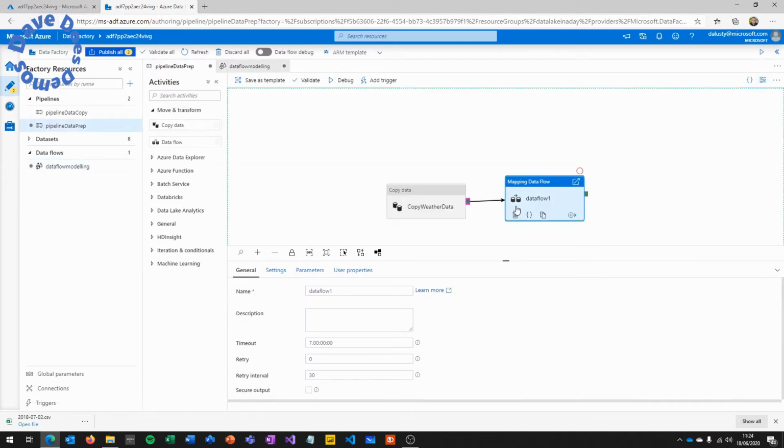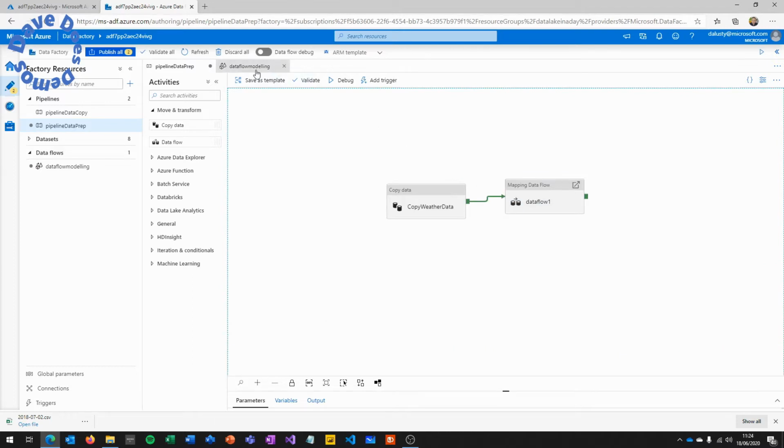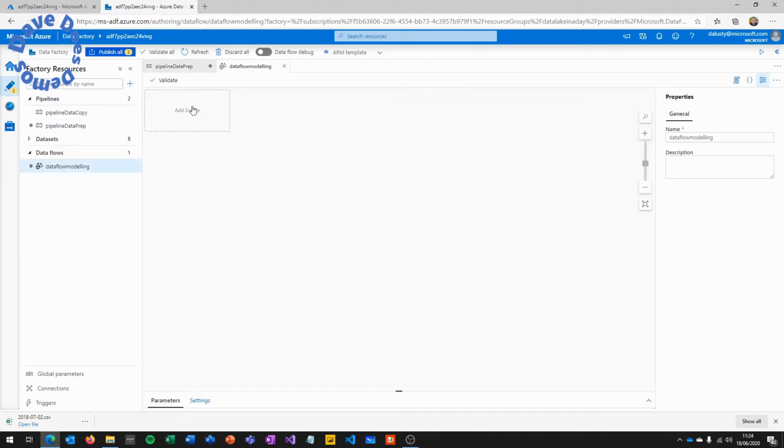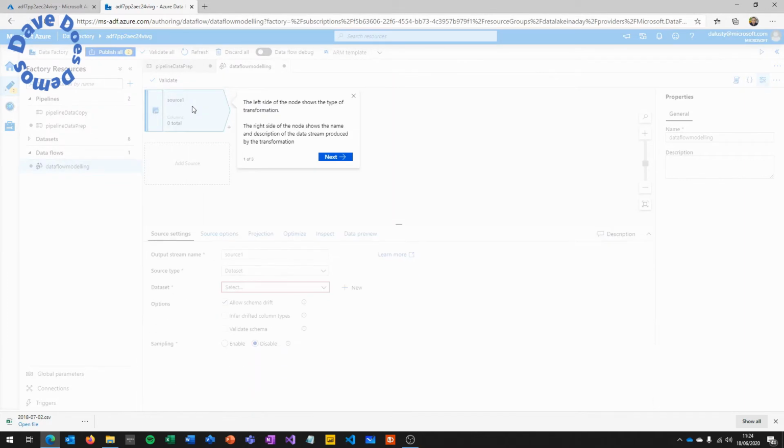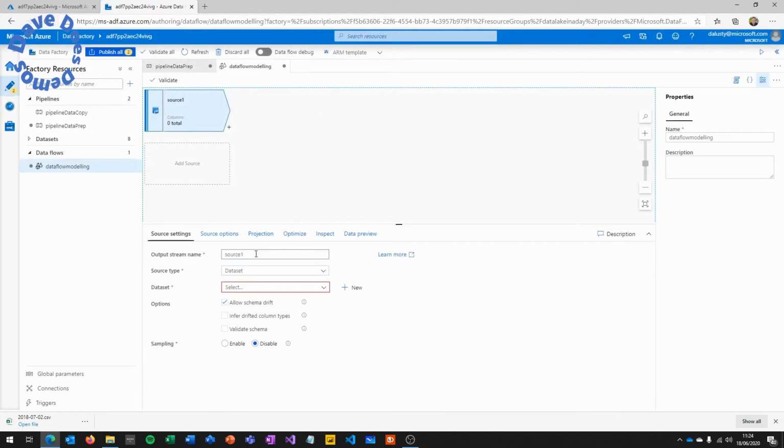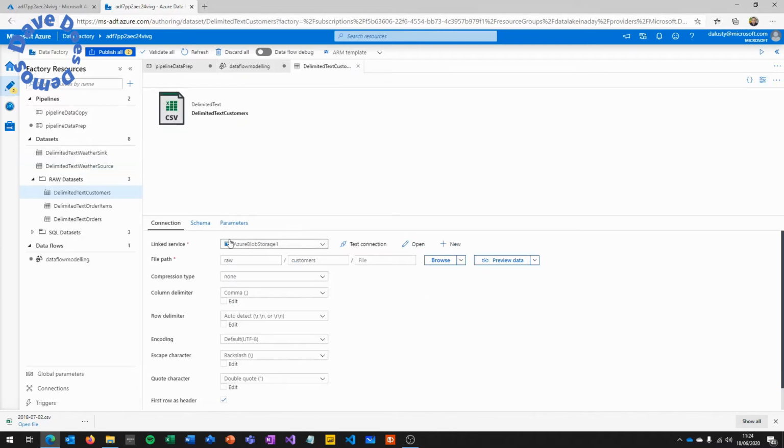So next, we're going to create a data flow, and it will be a mapping data flow. This is going to allow us to actually transform our data. We're going to take in multiple sources, we're going to output multiple sources, starting with the customer source data. So here we're going to just select the delimited text customers data coming in,